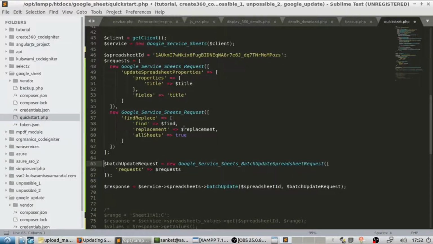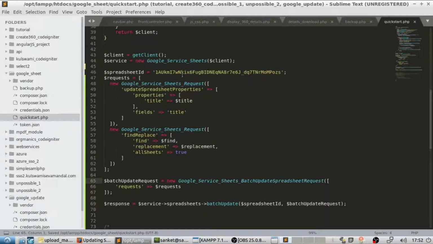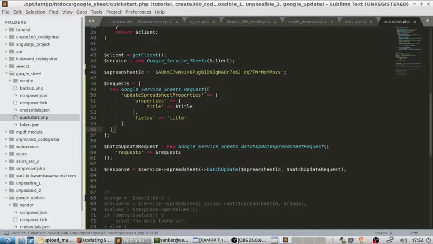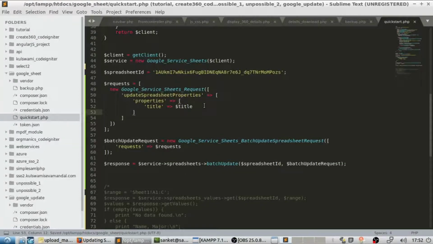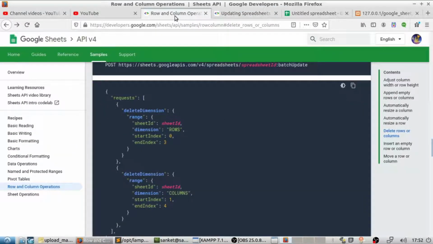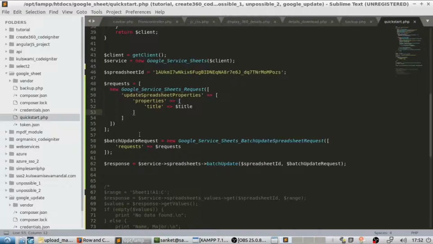Now we actually need one Google service sheets request, so remove the second, but be careful not to mess the structure. We also don't need field subarray. Open the array structure link. So according to this, the first parent should be request, which is already given in the code. So don't need to change it.